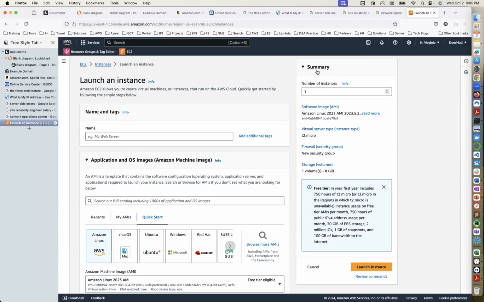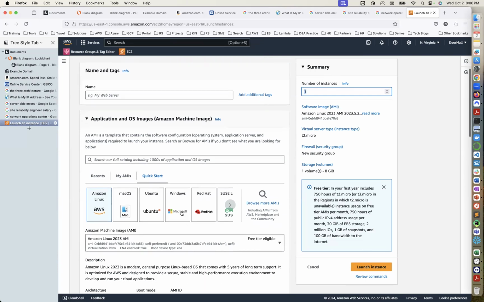So everyone is here. So you're gonna see on the right side, you have the summary right here, and it's one instance, right? One instance right here. And then here is what we're going to configure. We're going to select our options. So like I told you, Amazon sells all kinds of servers, but we're going to choose the specific server that we want. In this class, when it comes to servers, we are going to learn